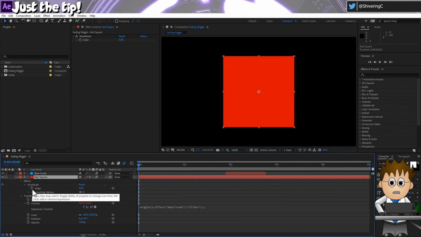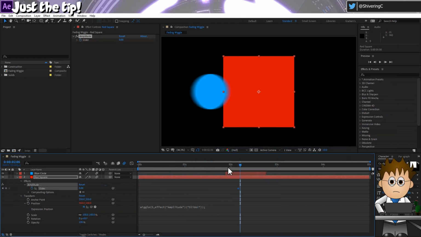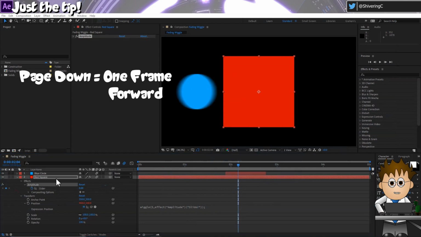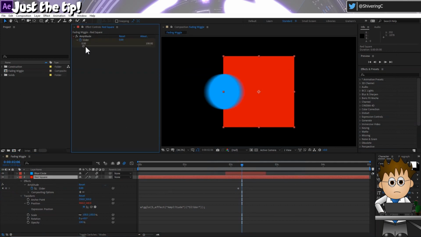And look, the slider has a stopwatch, meaning we can keyframe it. So using the current time indicator, scrub along until the blue circle is just before the red square and set a keyframe on the slider. Use the page down key to move a couple of frames forward and now use the slider to set a